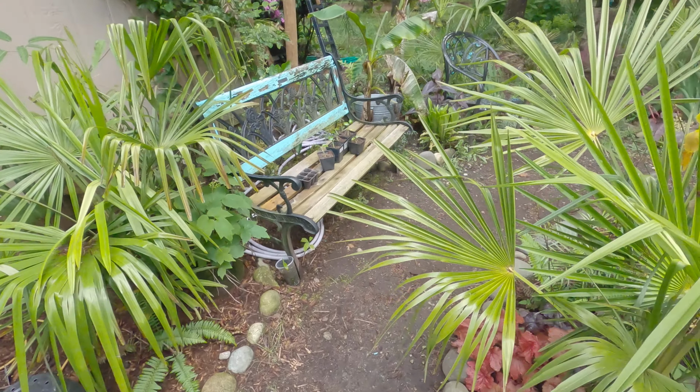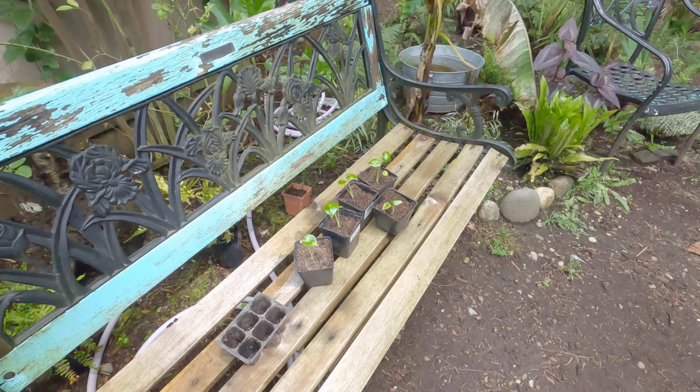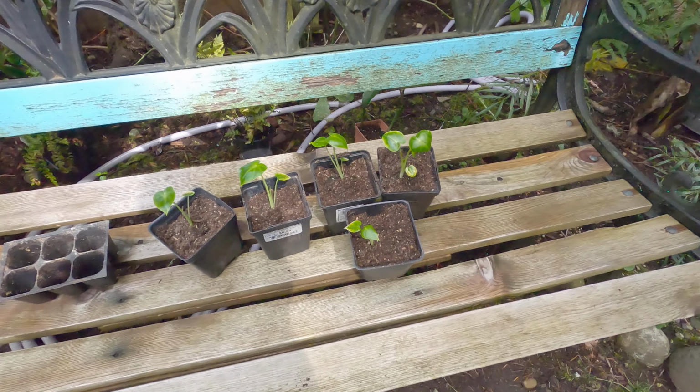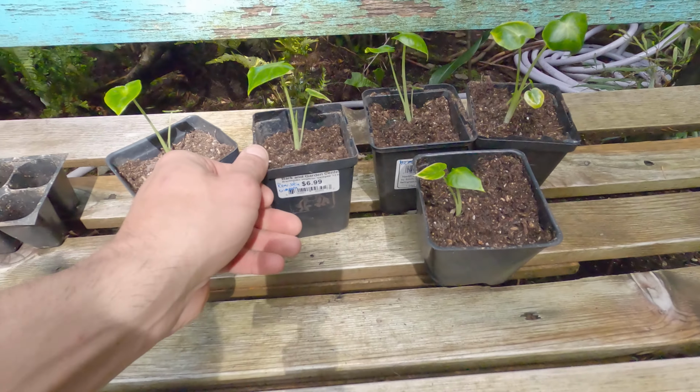Today's June 11th, still wet and cool. I have a very interesting plant here. This is Remusatia vivipara. It's called Hitchhiker Elephant Ear, and it looks a lot like an elephant ear, a Colocasia